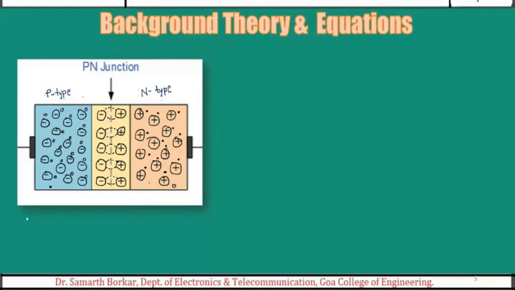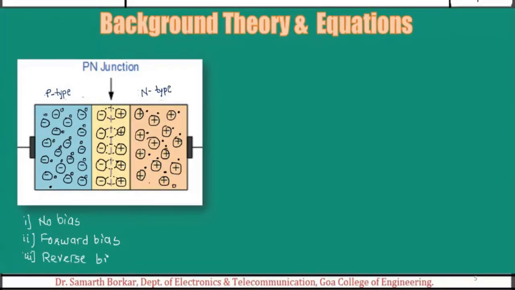The first case is wherein we don't apply any bias, so it is no biasing. The second case is that we apply a forward bias, and the third case is that we apply a reverse